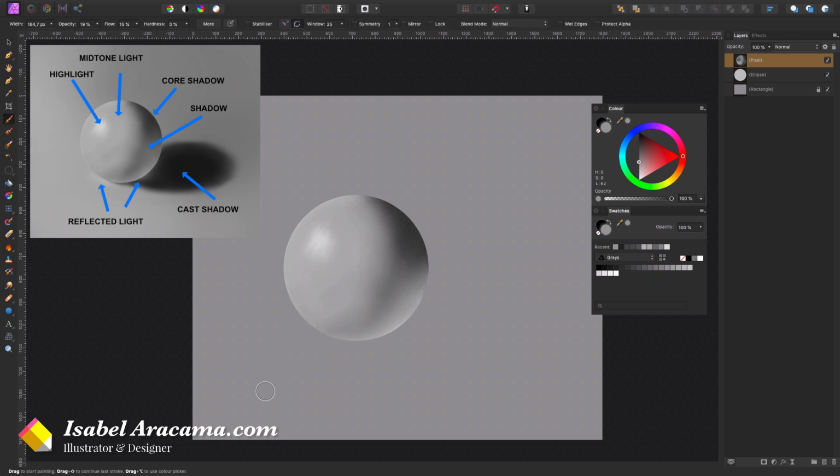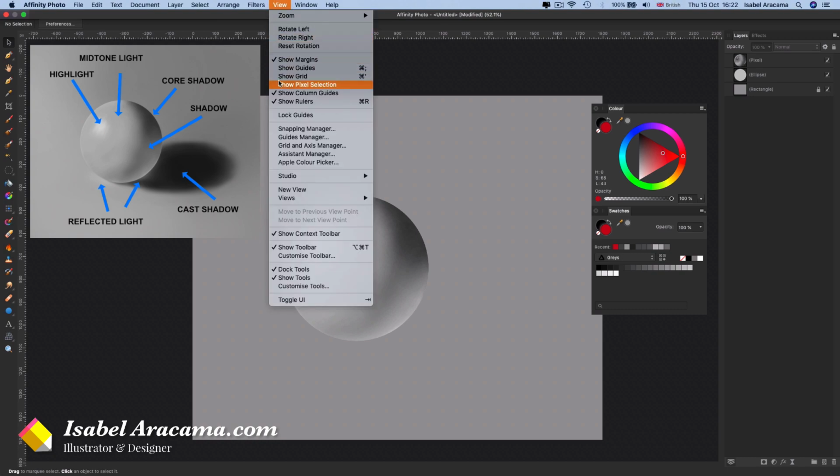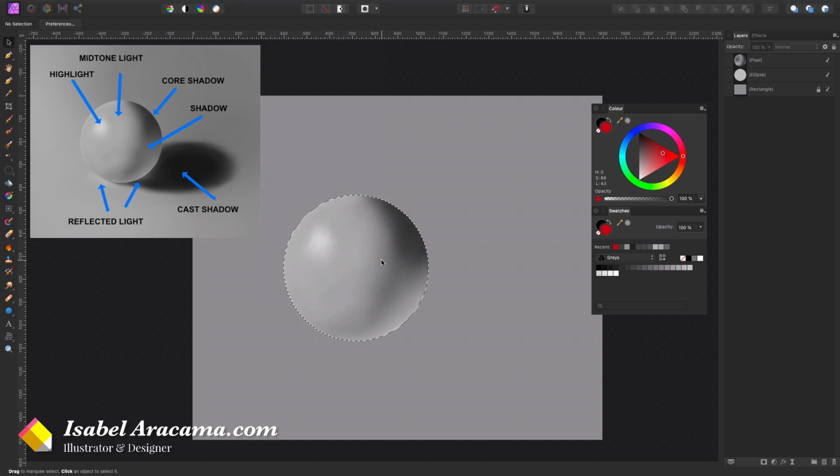Now we're going to do the floor. We will come back to the sphere later on, but we're going to start talking about the surface. For the floor, remember we cannot paint outside because we have the pixel selection here, so we have to get rid of it. For that, we're going to press Command D, and yeah, we're free.